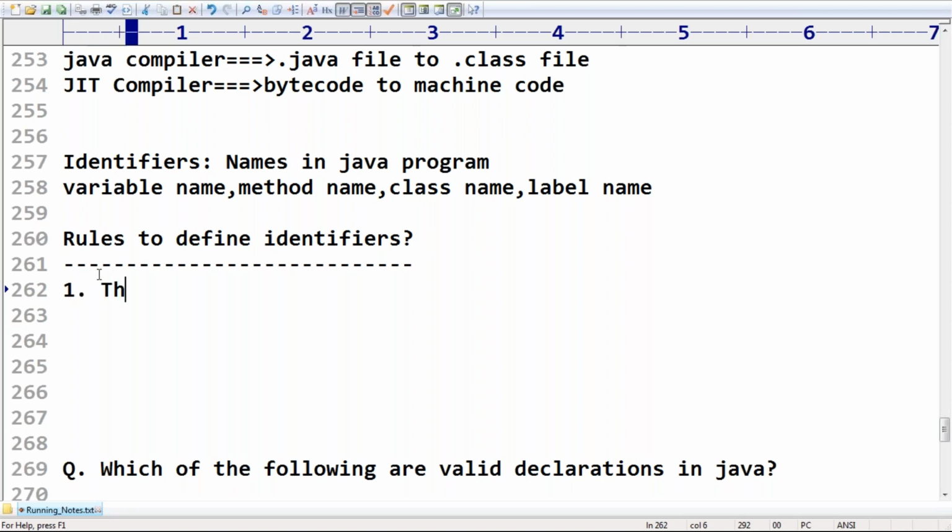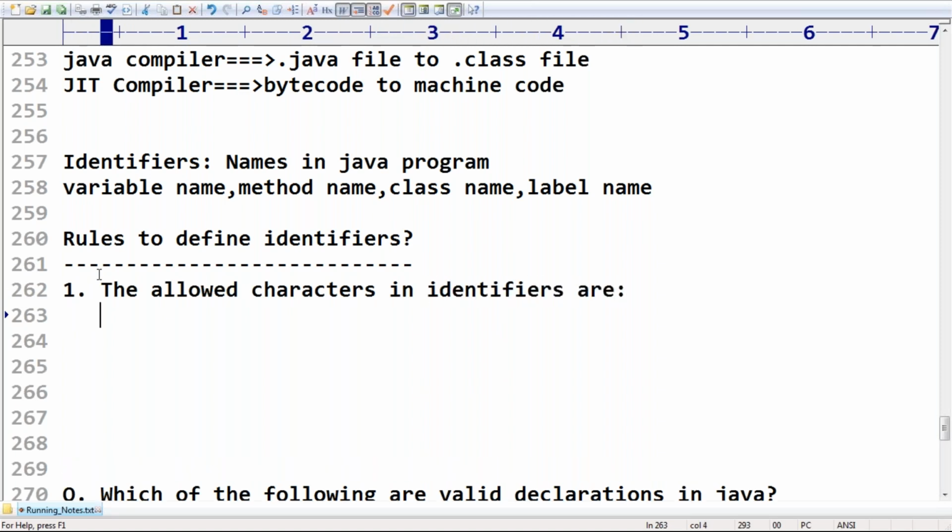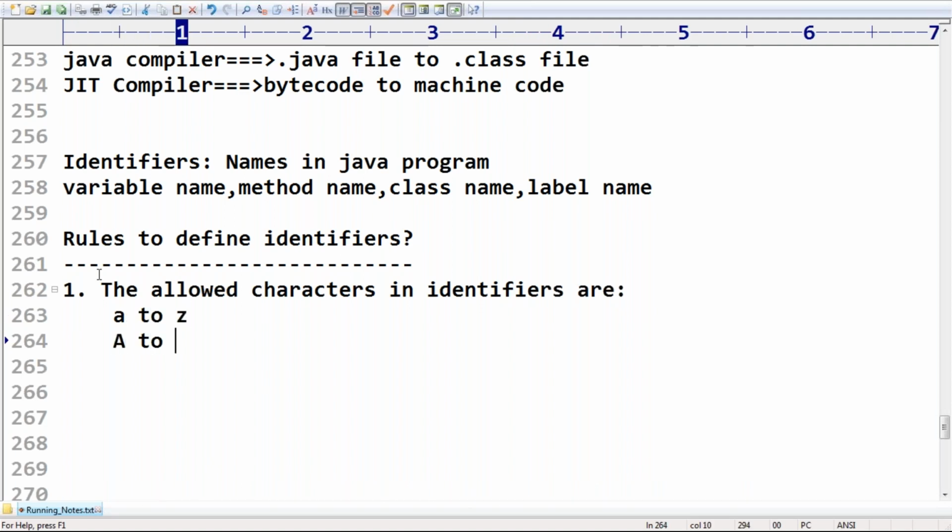The allowed characters in identifiers are, just observe carefully: you can use a to z, capital A to capital Z, or 0 to 9, and after that the dollar symbol and the underscore symbol.